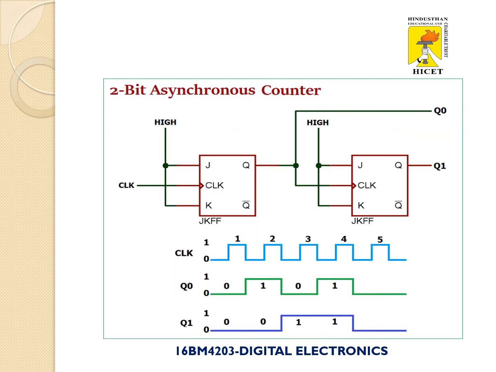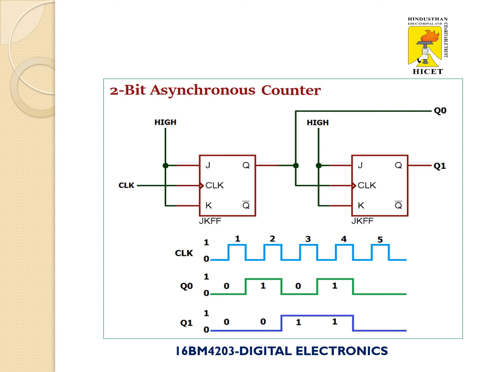Now I am going to explain the operating principle of a 2-bit asynchronous counter. 2-bit, so we have connected two flip-flops. Suppose 3-bit, then we have to connect 3 flip-flops. Here in these two flip-flops, the clock pulse is applied to the first flip-flop only. Then for the second flip-flop, the first flip-flop output is connected as the clock pulse. The logical circuit clearly indicates the clock pulse is applied to the first flip-flop, and in the second flip-flop, the first flip-flop output is connected as the clock pulse.